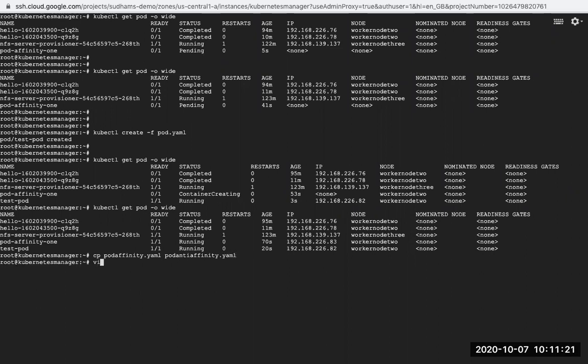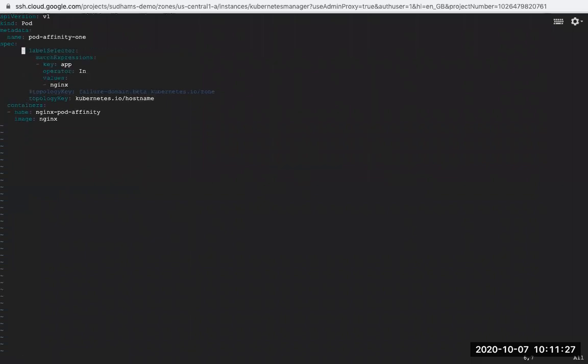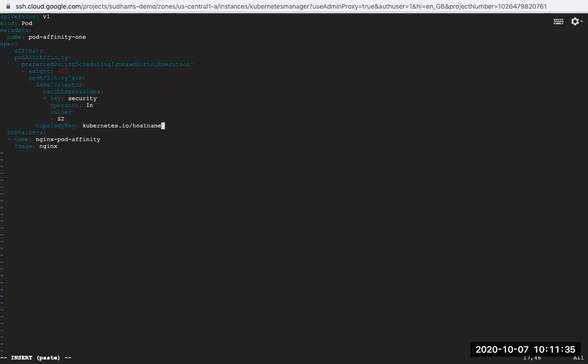Okay, let's open that pod anti-affinity .yaml, and here let me try to remove this. This should be 2 spaces. Now here I need to write something like app nginx.